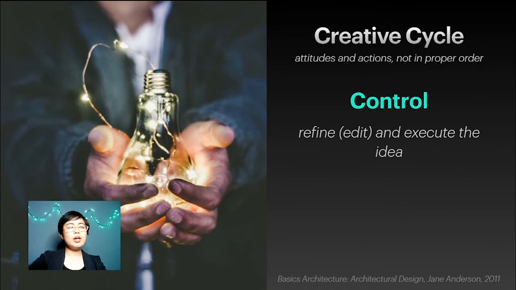So, next on our item is control. Okay, so ito yung once you applied critical judgment doon sa project mo, nakita mo na kung ano yung pwede at hindi pwede, at parang nakita mo parang OA ata yung design ko. So, i-refine mo na siya before you execute the idea. So, sa sketch mo pa lang, makikita mo kung alin na yung hindi pwede at saka yung pwede. And then, pwede kang magbura, pwede kang mag-alis para ma-refine siya.